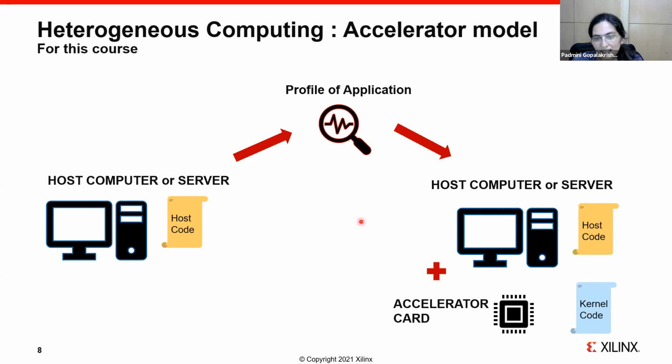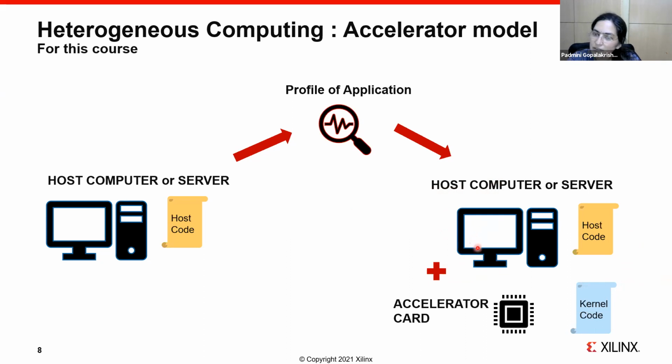Okay, so there I have decided that what is running on my host is an object classification or image classification application, right? And I have identified that matrix multiplication is the bottleneck. And if I run it faster, my overall application will have higher throughput. Okay, so I say, let me accelerate matrix multiplication.